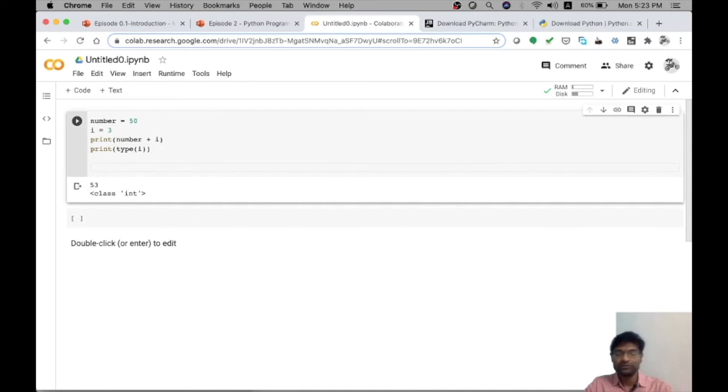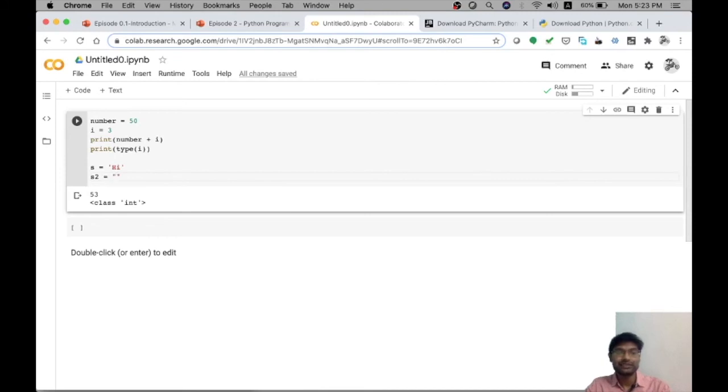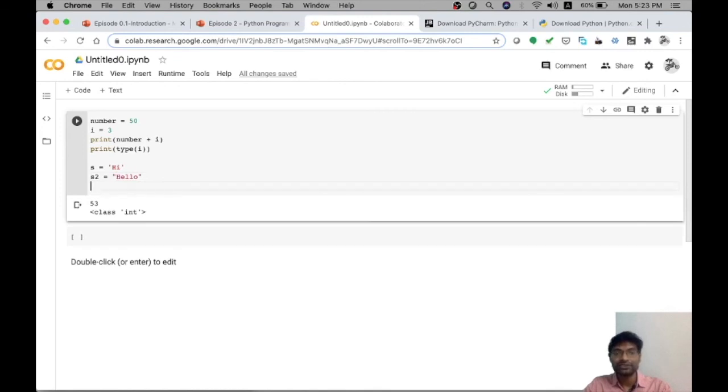The second variable we will consider is a string variable. Strings are characters. It can be a single character or a sequence of characters. All are called strings in Python. For any variable to store a string value, it has to be given inside either single quotes, double quotes or triple quotes. We'll first give the single quote format, s1 equals 'hi'. This is a string defined in single quotes. I'll give another string, s2 equals, inside double quotes, "hello". So this is again a valid string definition using double quotes.